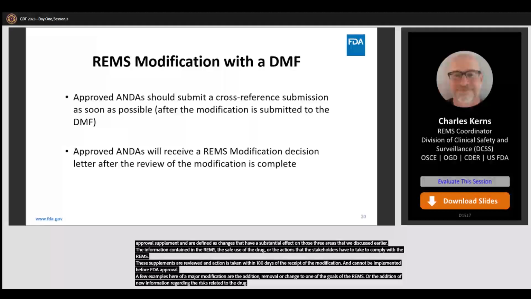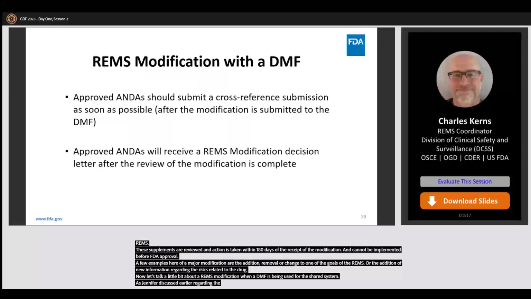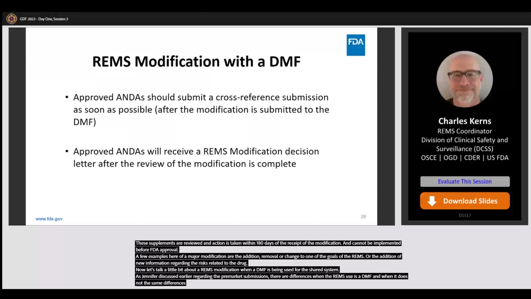Now let's talk a little bit about a REMS modification when a DMF is being used for the shared system. As Jennifer discussed earlier regarding the pre-market submissions, there are differences when the REMS uses a DMF and when it does not. The same differences apply to the REMS modifications. After the modification has been submitted to the DMF,